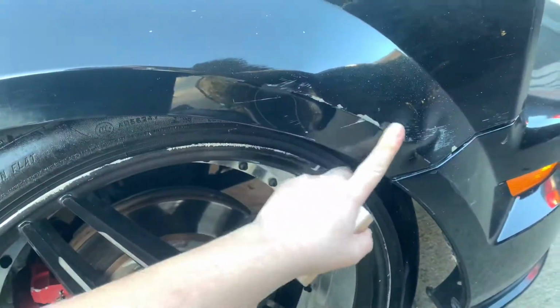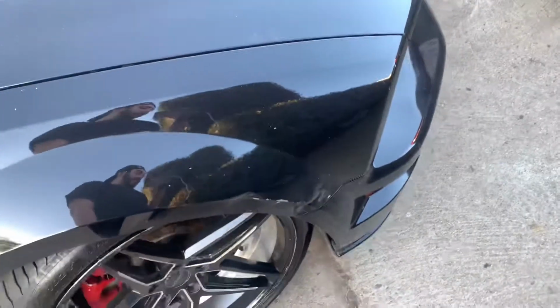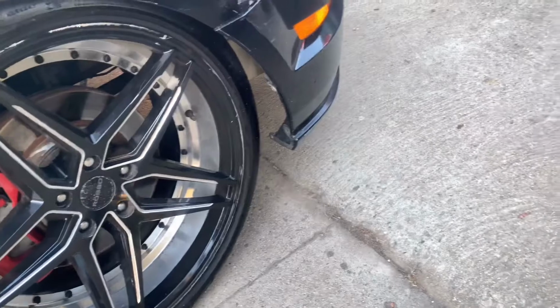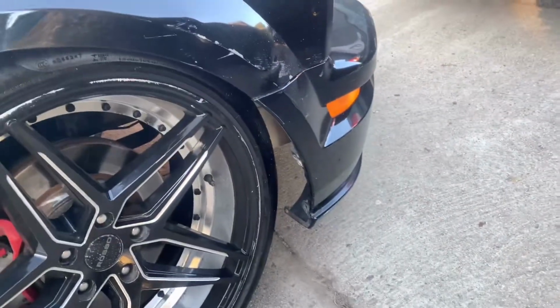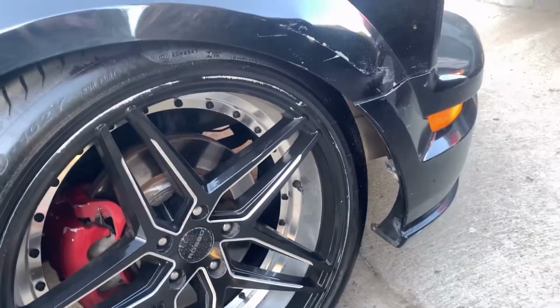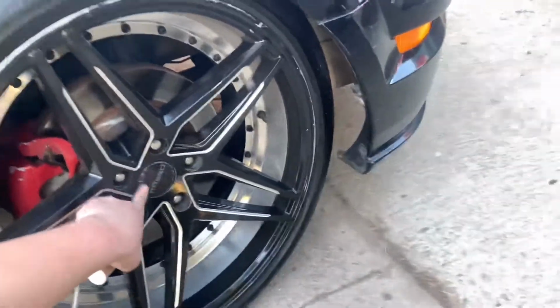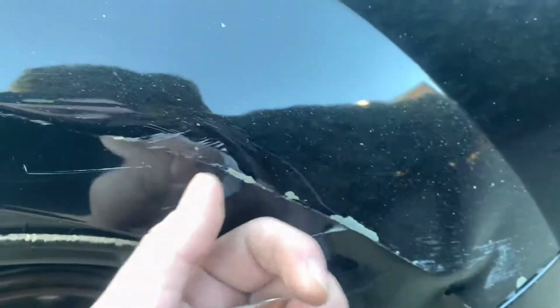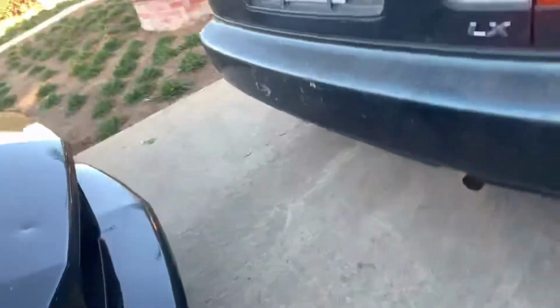And as you guys can see, there is a dent right here, which I was always wondering how did that happen. My guess is that the previous owner was probably driving it, and there were those cement poles, you guys know, those yellow poles that are in front of stores and stuff. So my guess is that the previous owner was reversing and didn't see that pole and it scratched and dented it. The only reason why I say that is because you can see the mark goes this way, and also